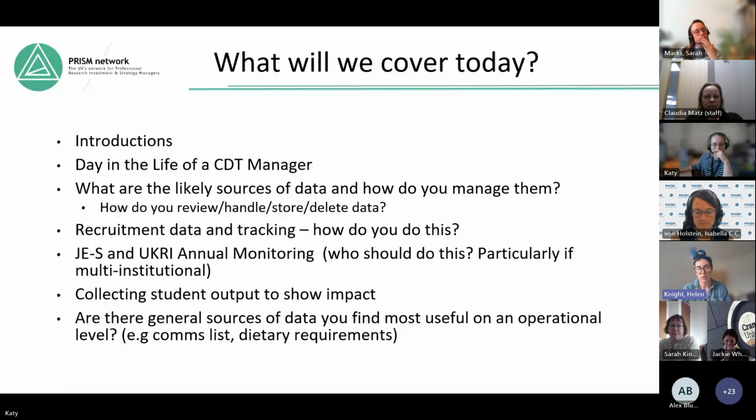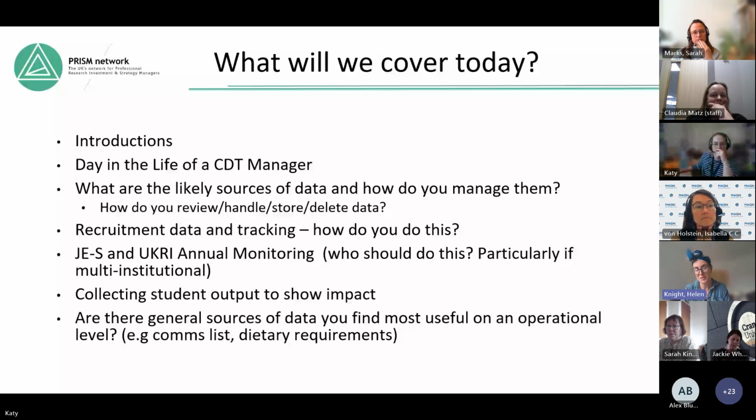So that kind of thing would be involved as well. So quite sensitive information based on salaries and things. And then also there's all the other nitty-gritty stuff. I think there are lots of plates spinning at the same time when you're managing a CDT, from, like I said, application data and salary data, to even little things that are important, like